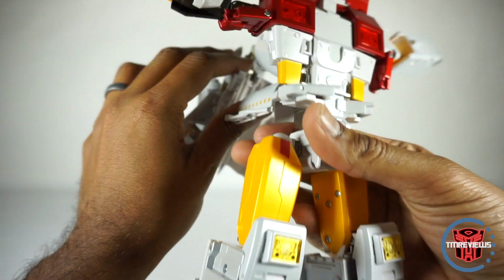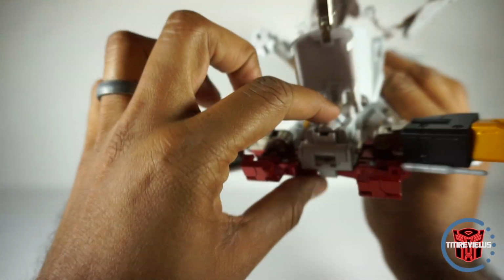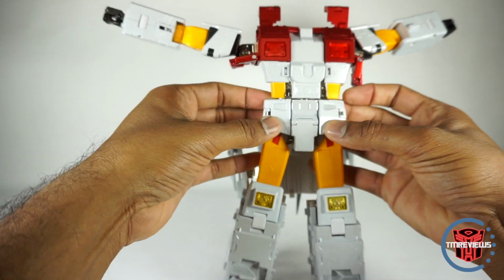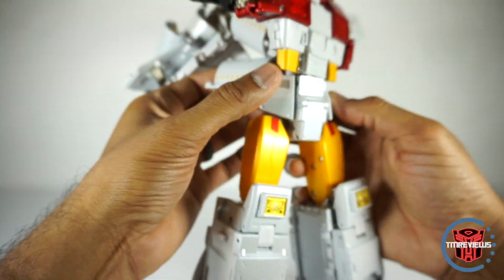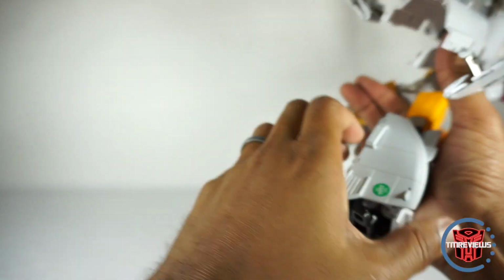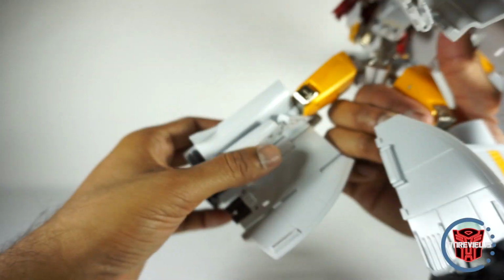And now we got to kind of take care of the legs. So now that we have this all loose, actually you can fold the head in right in there and leave it there for now. That's actually a later step, but you can do it now. Alright, now you kind of want to get this apart. So first you can pull these off, and that frees up the leg. Same on this side, pull those off and